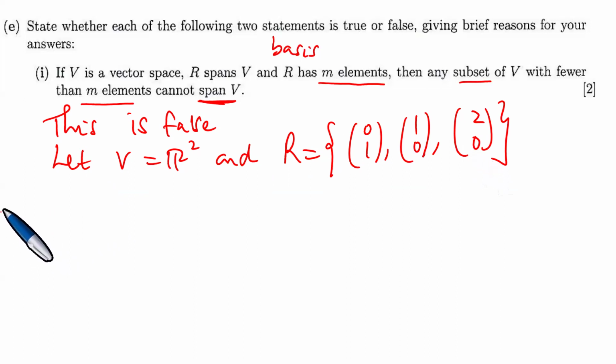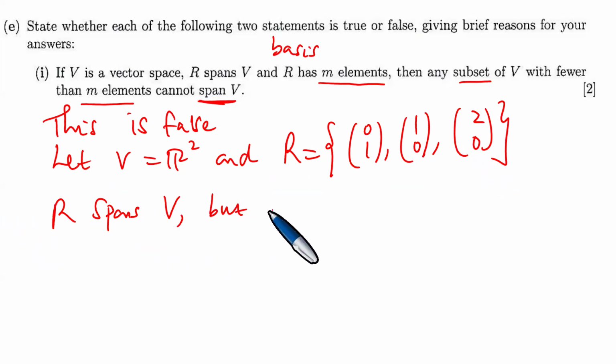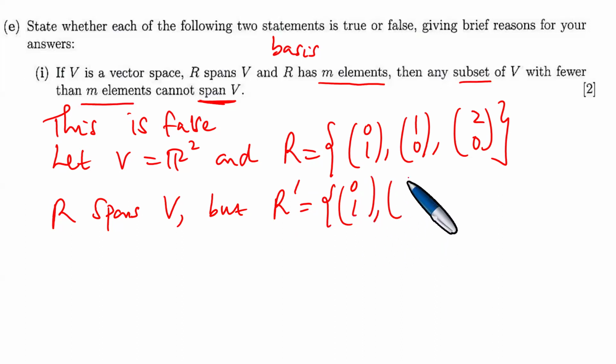And then we go on to say, let that be the case, and we make mention of the fact that R generates V or spans V. But if you look at this particular set, R primed, which is the basis with the required number, but smaller